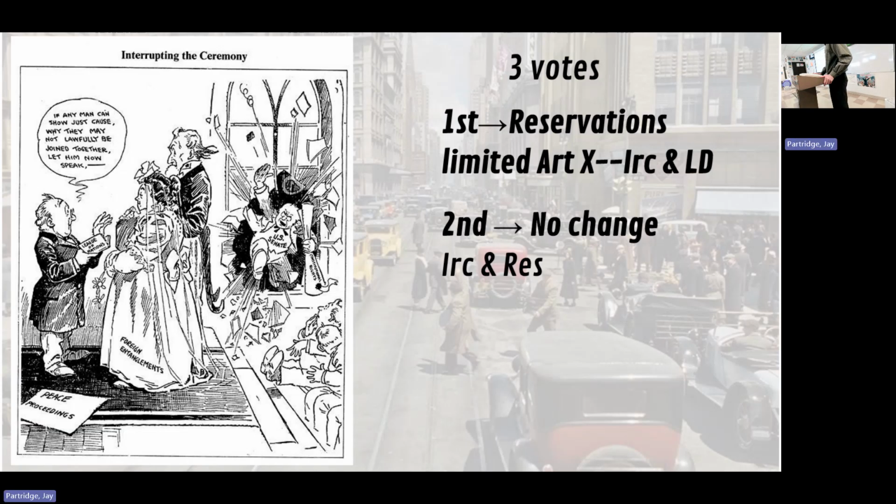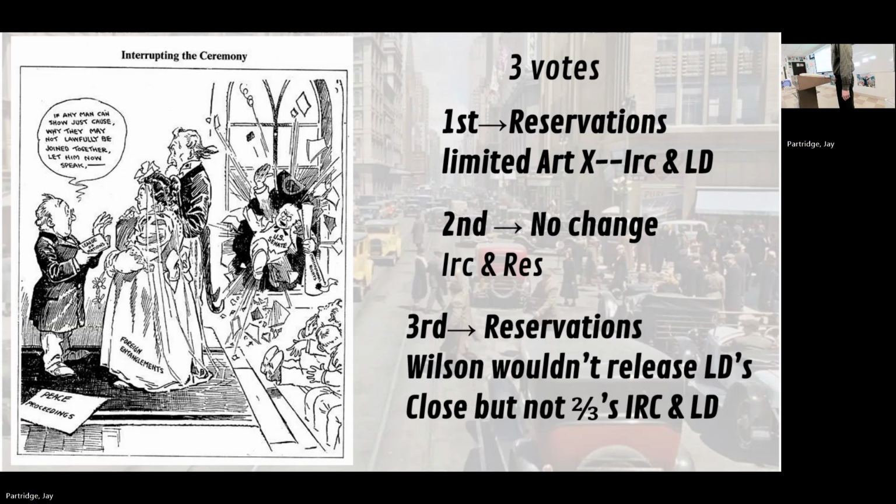But through his wife, the vote with reservations, Wilson wouldn't release. Who knows what he really thought? He never really would say it afterwards when he could talk. It was close. It actually got a majority of votes, but not 2/3. Why? All irreconcilables and most loyal Democrats voted against. And that's why the treaty was not ratified.